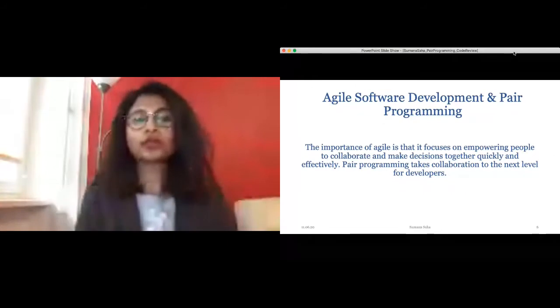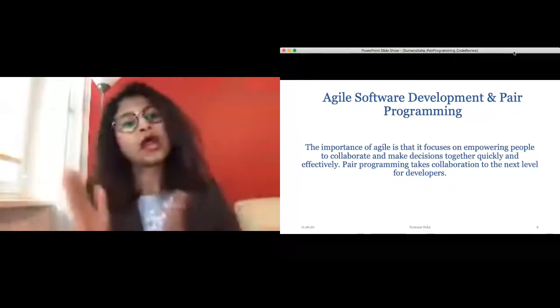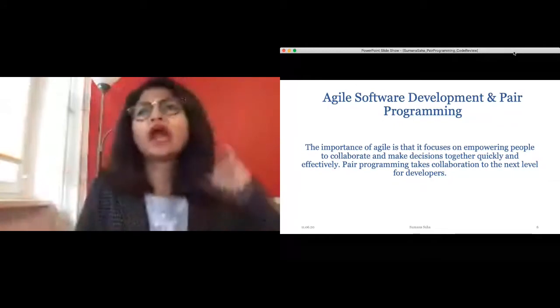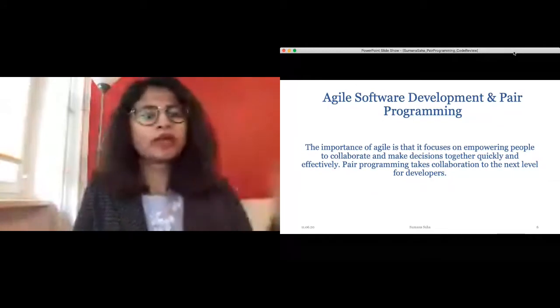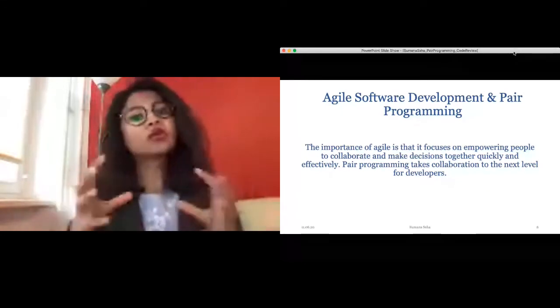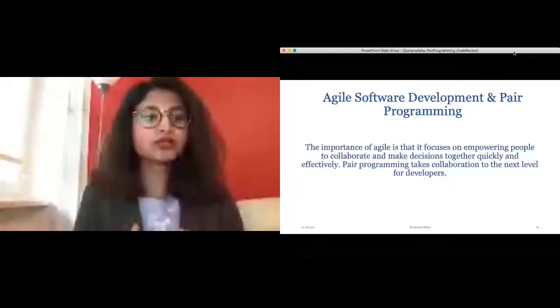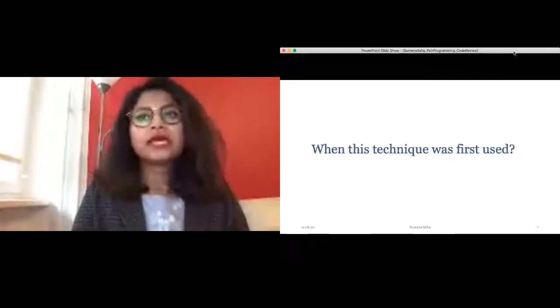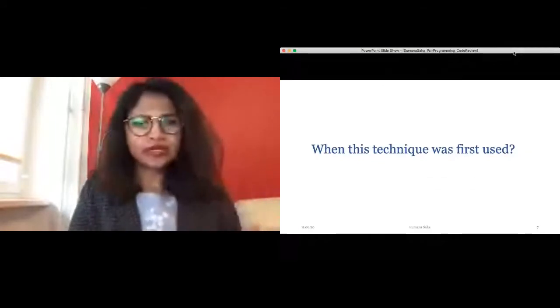Pair programming gives a platform to take that to a higher level. Sometimes people say, okay, I know agile, it says break into smaller chunks, do your own task, but why pair programming? What is the need of it? The basic need is collaboration among the developers, within the team, so that the team can grow fast. And you must be wondering,